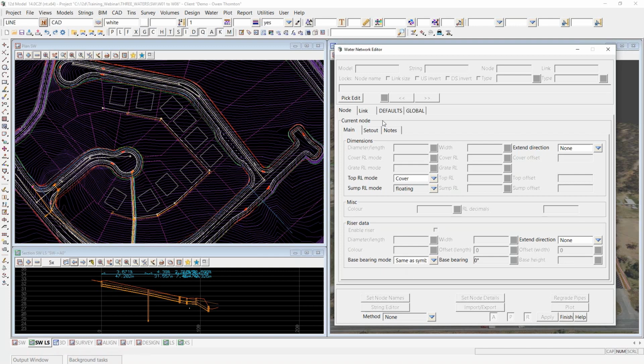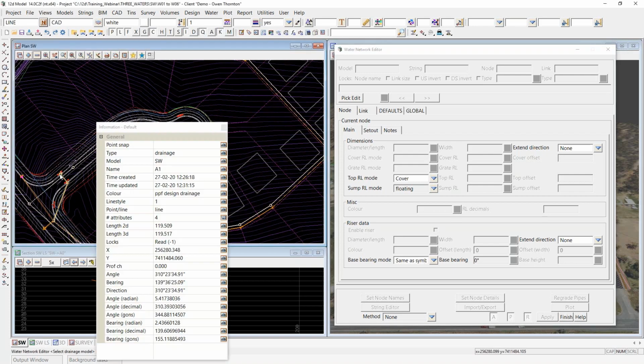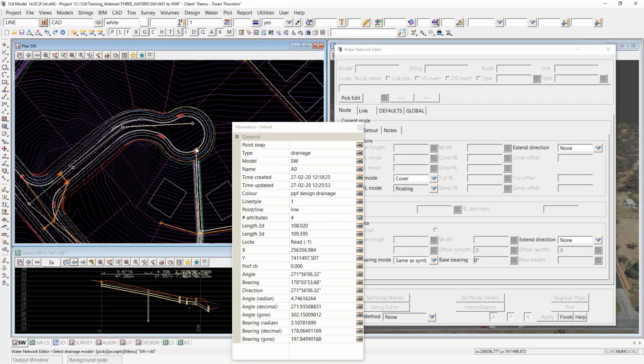And the midsection, which is the same as it's always been, is a whole lot of tabs in there. Okay, and I'll explain all this in a little bit more detail, but to get you started, to use this water network editor, you need to pick on a water network somewhere. There's a pick edit button, but it's already active. You don't even need to press it. You can simply just jump on a node somewhere, and I might jump on the top of my line A0